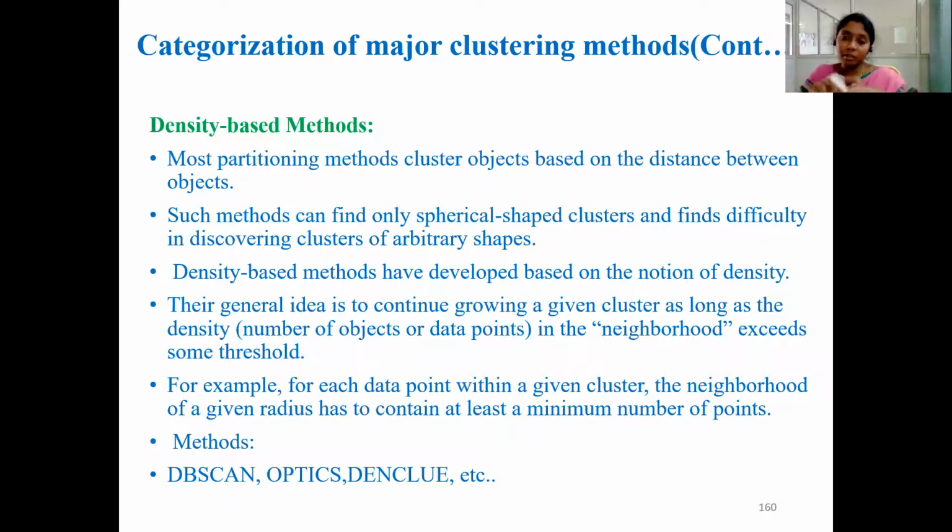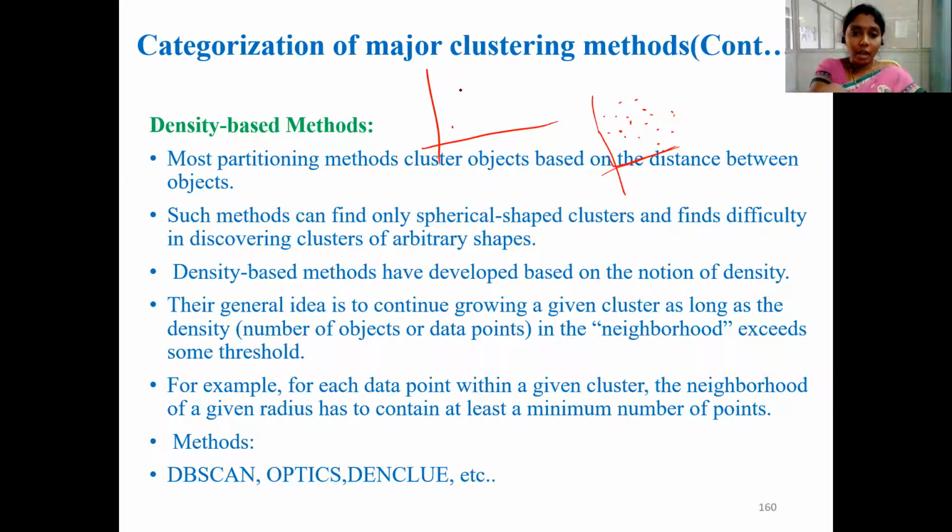If the data points are dispersed, suppose the data set is like this. Imagine this is a scatter plot. If the data set is like this, which seems to be all data points falling within the same place, in the sense all are close to each other, right? Suppose I have the same number of data points, and you draw a scatter plot for a different data set. This is data set A and this is data set B.